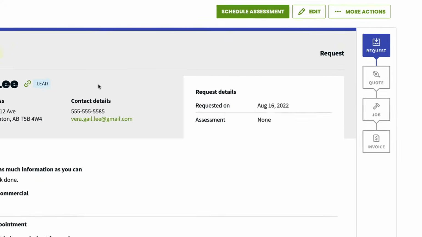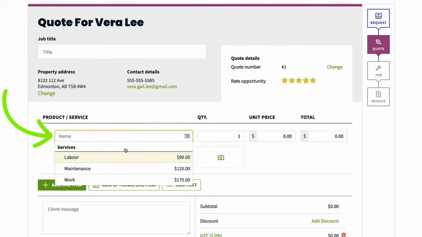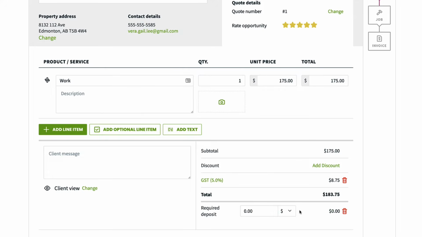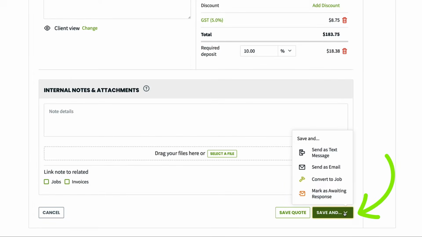Open the request in Jobber and you can schedule an on-site assessment, convert the request directly into a quote, or go straight to a job. I'm going to select Convert to Quote. On the quote, fill out all the services you're providing as well as the price. These line items can be added to your products and services list so that you don't have to type them each time. When your quote is ready, click Save And to save the quote and send it off as an